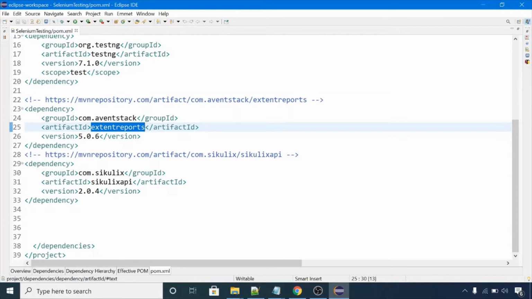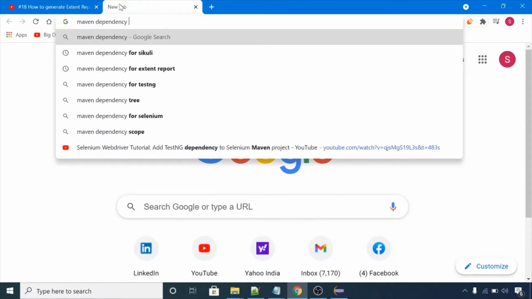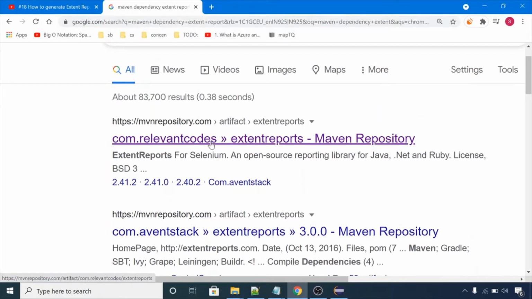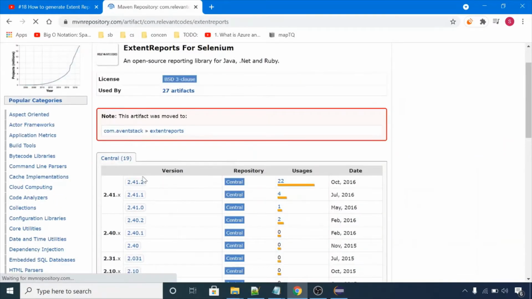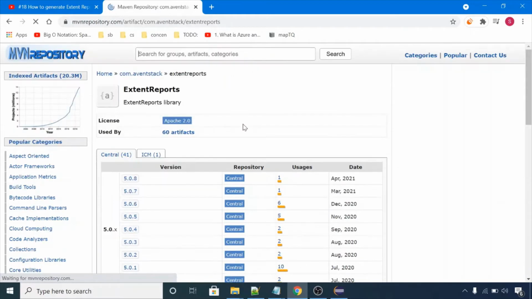If you want to search on the internet, you can just search for Maven dependency Extent Reports. Click on this link and copy the version from here. If you want the latest version, click here.